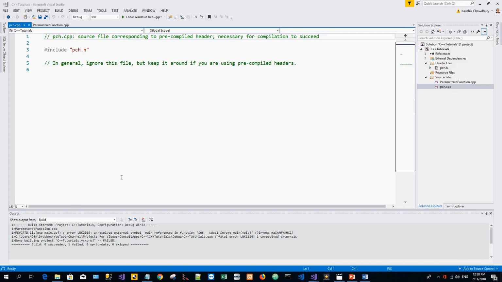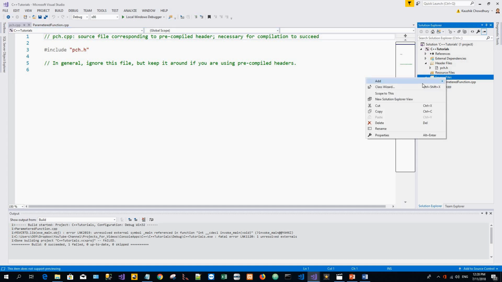Hello and welcome guys. Today I am going to start with variables, getting to know and discussing the fundamentals of variables in C++. We'll start with the C++ tutorials project that I built in my last tutorial on functions with arguments. I have opened that project in Visual Studio 2017 Community Edition, and I will now start by adding a new item